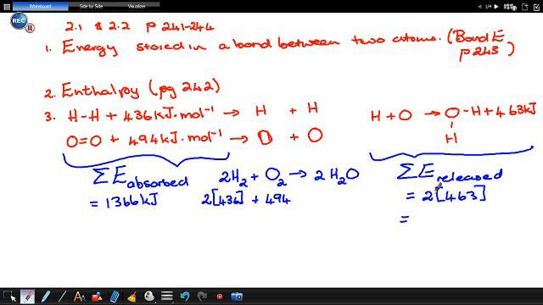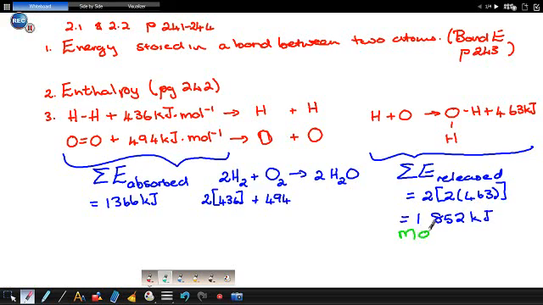So in reality it's twice the amount, it's 4 times the amount, so it's twice the amount of 463. Sorry, I misread that information there, and that would be 1852 kilojoules. So you see that more energy is released